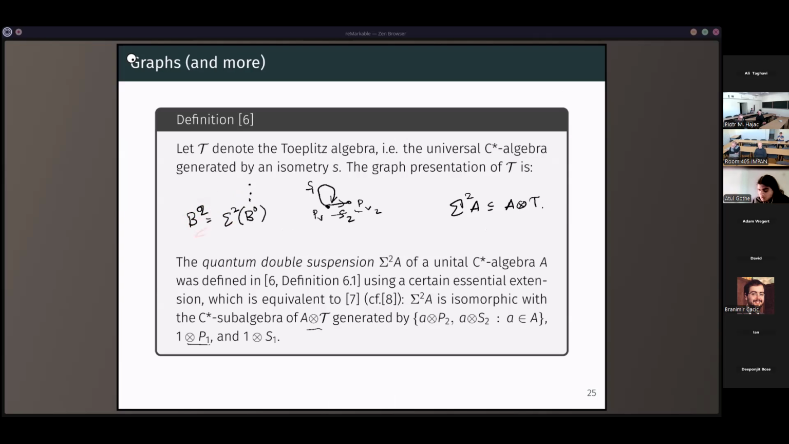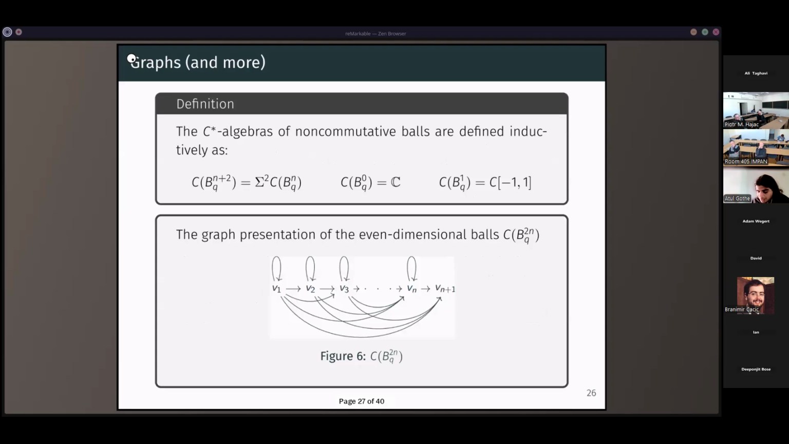So we can emulate that in a non-commutative way as well by taking the quantum double suspension instead of just the usual double suspension. So we define the higher dimensional balls BQn plus 2 to be the double suspension of C of BQn. And since we are jumping by 2, we need 2 initial starting points: C of BQ0